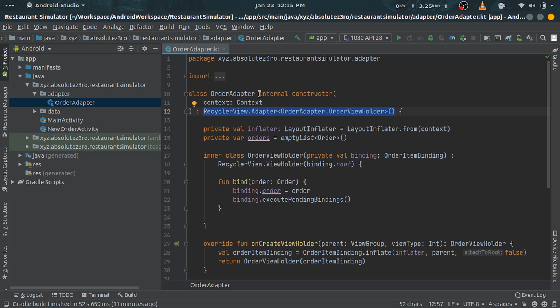Make an internal constructor for this class and take in a context as input parameter. This context will be used for the layout inflater. Next we have two private fields. First is the layout inflater, second is the list of orders which will be displayed in the recycler view. As you can see, the list is initialized to an empty list. We will have a public method to set the list via the view model.